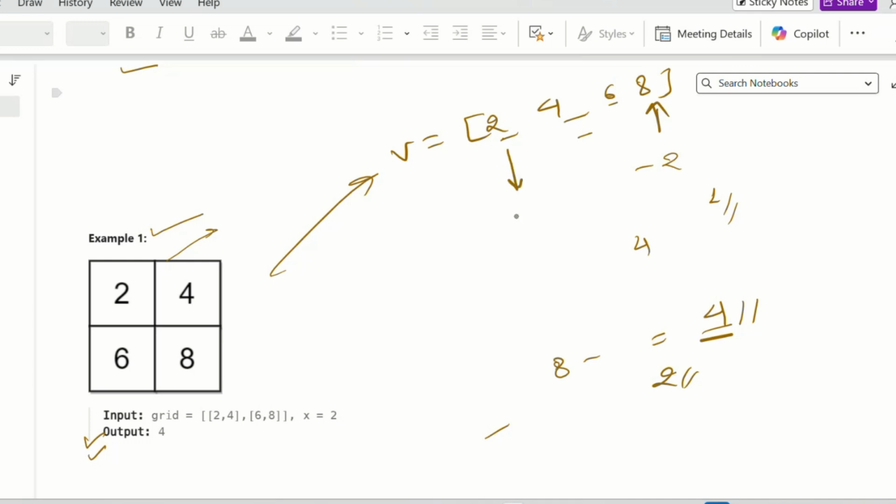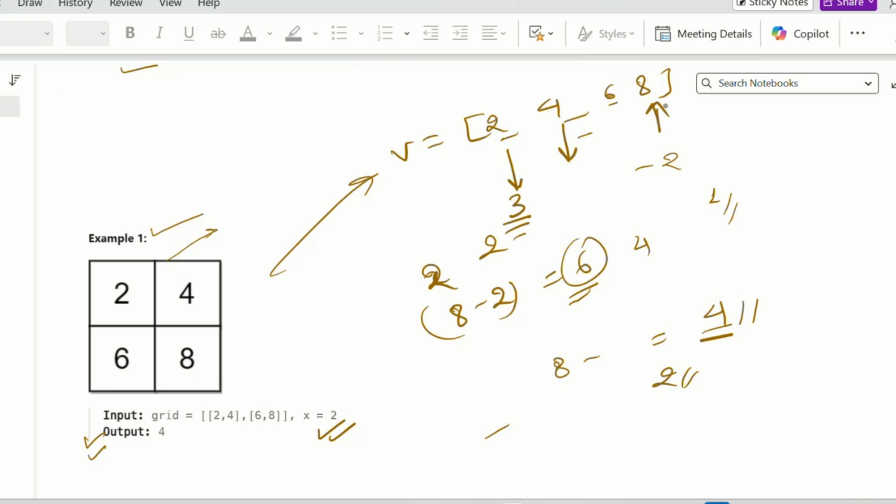I need to add x 3 times to this 2. So 8 minus 2 is 6. So I need to add 6 to this 2 to make it equal to 8. For 6, how many 2s do I need to add? 3. So it is taking 3 operations.